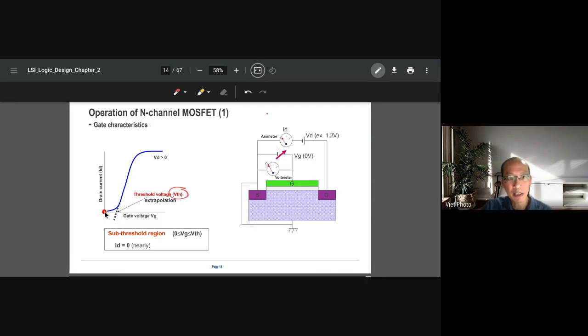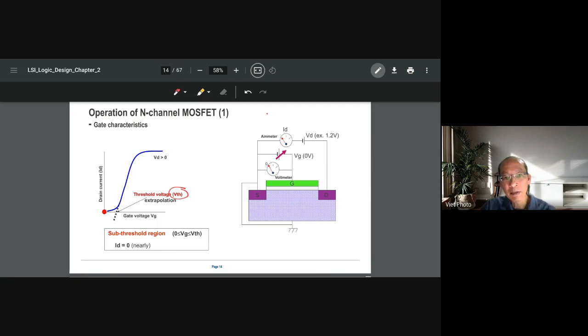That's why I call it this one. And then you have a threshold voltage, and until the voltage there achieves a certain value, the current then starts to move up, right? So in this one,